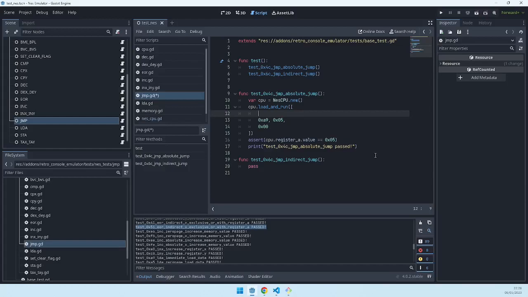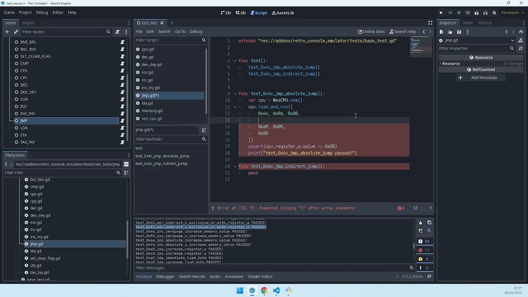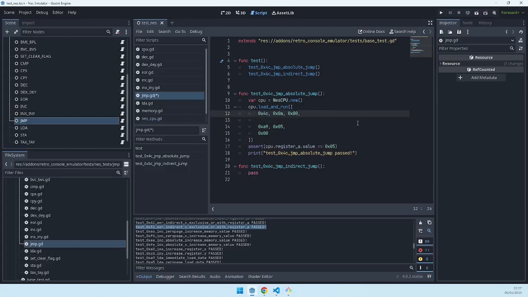So the first instruction is going to be jump to an absolute location, and the location is going to be some value. So this is equivalent to jump to the memory address